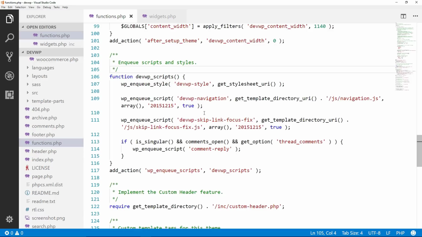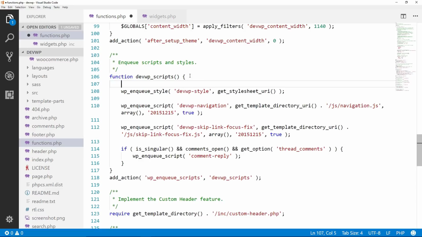We'll go back to Functions.php. And now we're going to start working on this area over here. This is to enqueue our scripts and styles. This is for our style sheet and the other style sheets and scripts that we're going to be adding to this developer theme. So the first thing I want to do is go over here, go to a new line,